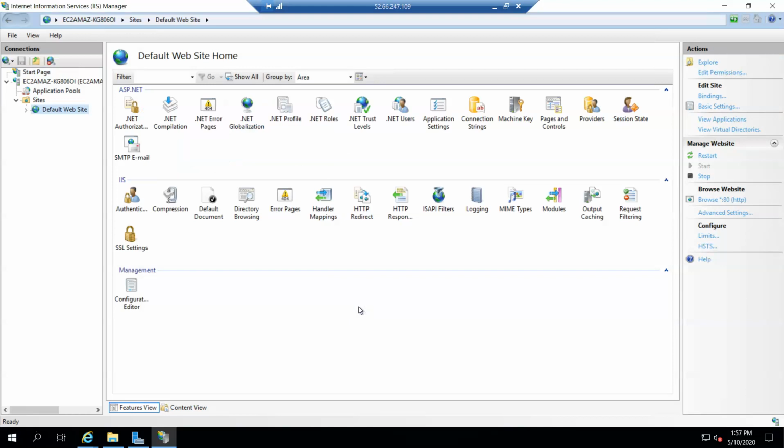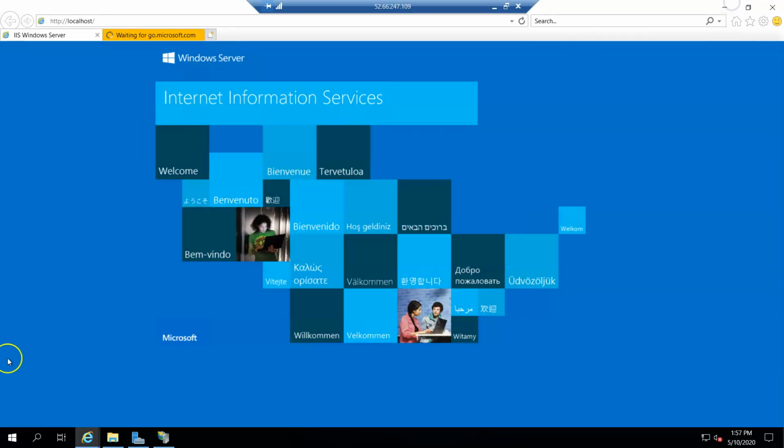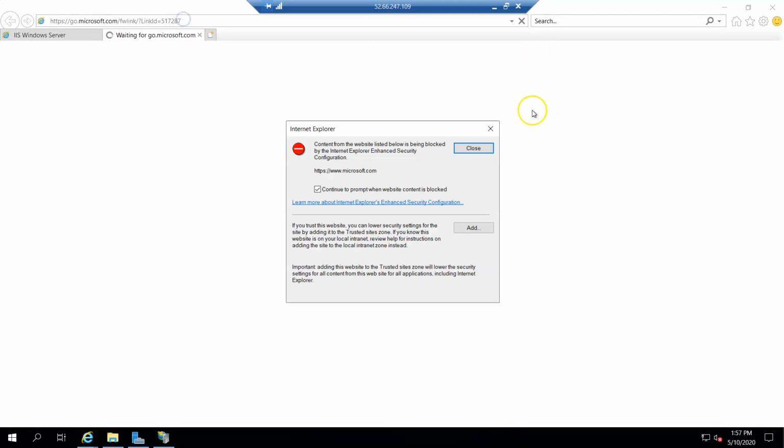So the third step I mentioned was web deployment. So you need to install the Web Deploy tool. For that I'm just going to Microsoft and searching for it.